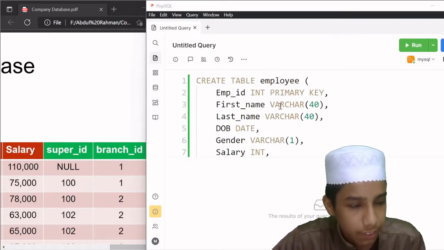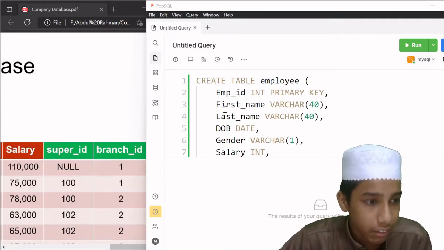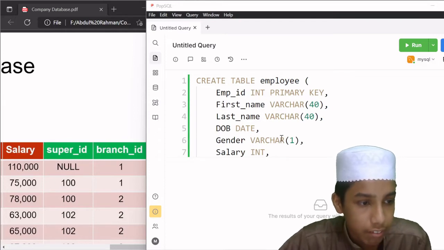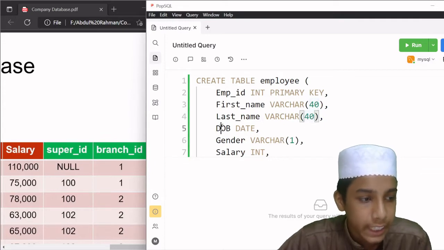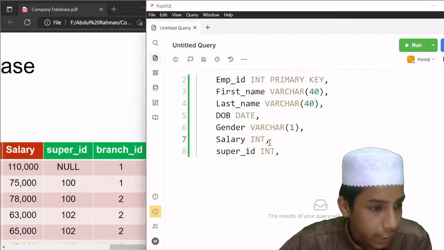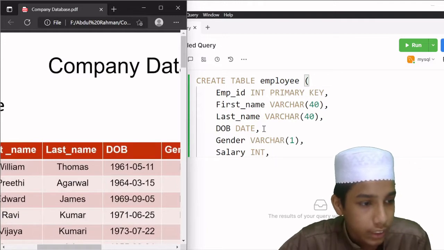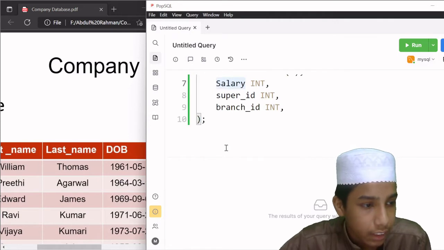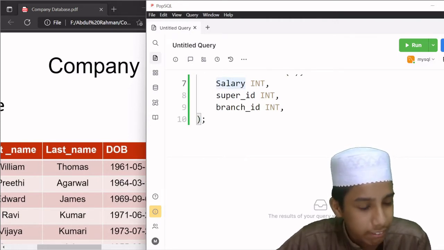So we have create table employee, which means that the name of the table will be employee. After that we will be having first name and the last name, and then we will be having varchar, and then varchar, so we need 40 characters, and dob, which means date of birth, and we have given here date, because if we give here int, we have these dashes, so it's in the form of date, right? So that's why I will be giving date, and then gender, which is varchar, and salary is int, super id is int, and then branch id is int, which means that we have created all the table,